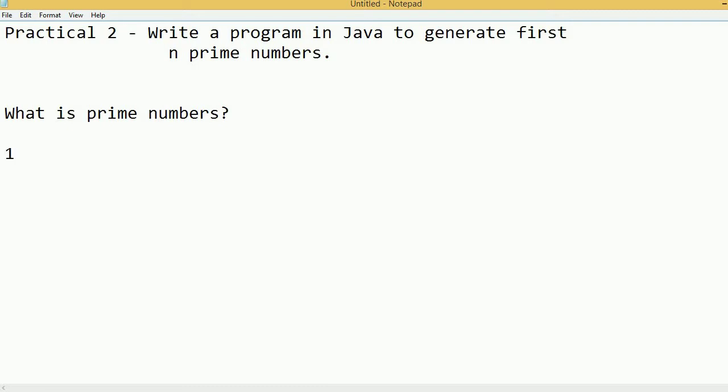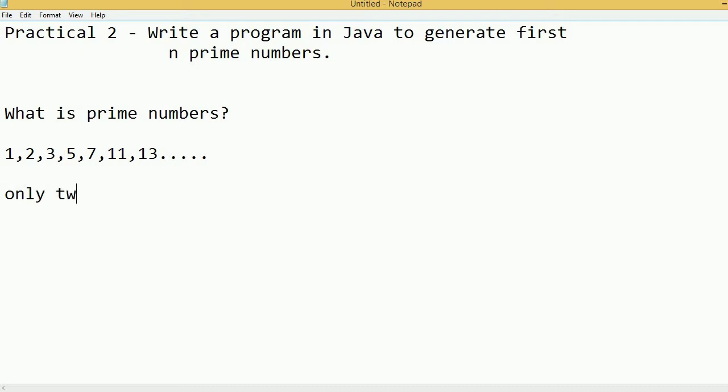You can take many examples. Here I am giving various prime numbers: 2, 3, 5, 7. In these, the only two factors are the number itself and 1. These are all prime numbers.